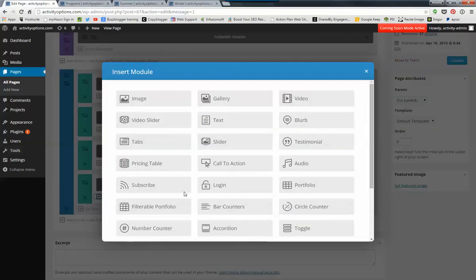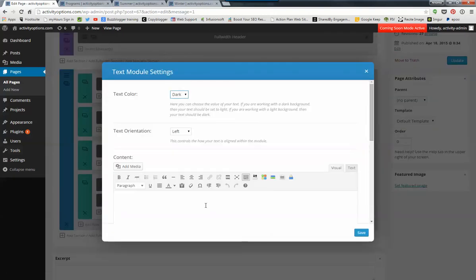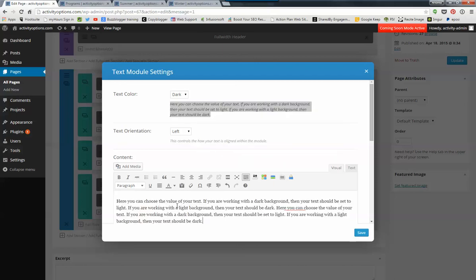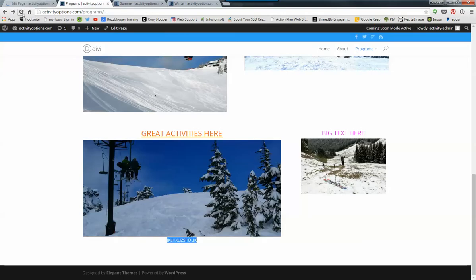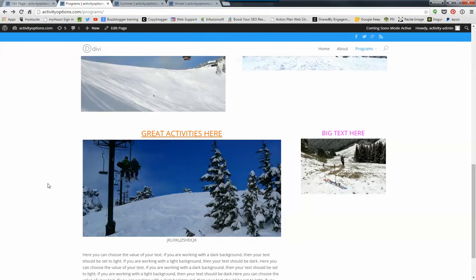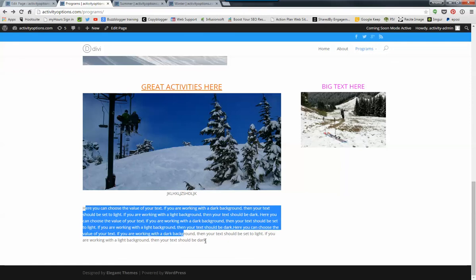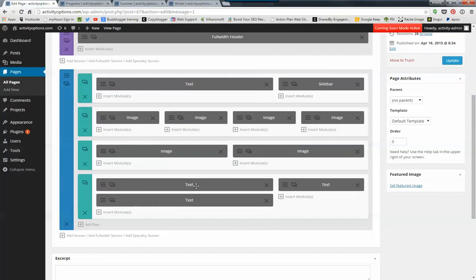We can add another module down here that's text. Here, I'm just going to copy this text. Okay? Save that. Update that. And then we'll refresh the page and take a peek. Okay? So, this section here is set up for 2/3, 1/3, so you'd need to add another module there if you wanted,